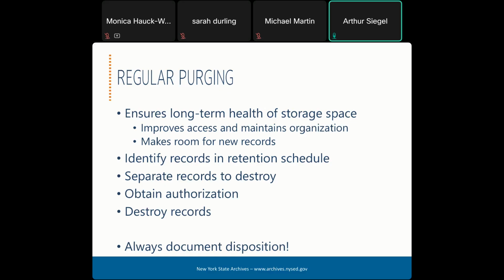Ideally, you've identified record series in your retention schedules and marked the retention periods on the boxes for easy identification. Having done that, it should be easy to go through and cull the records or boxes that have reached the appointed disposal dates. You can also arrange boxes so that those eligible for upcoming destruction are kept separately from those that have longer to go. So choose the appropriate method of destruction. This will usually be shredding or bonded recycling. State agencies can use our waste paper recycling contract to dispose of records, and you can find more detailed information about this on our website.